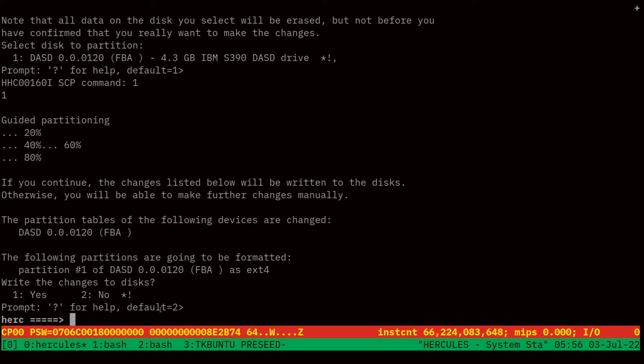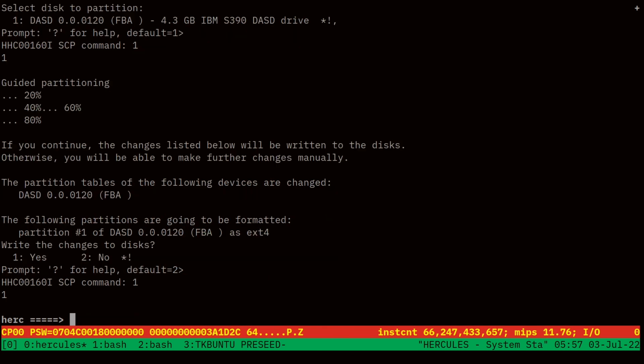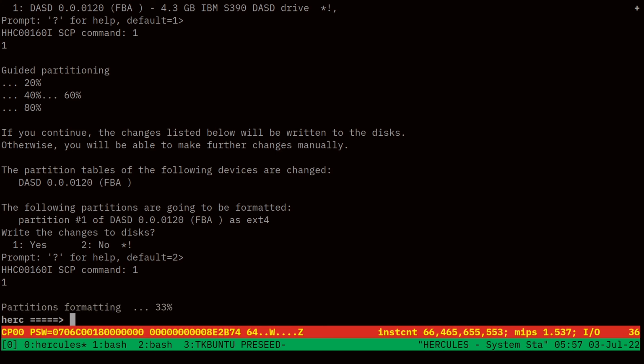Confirm. And I think I saw the lines in the TK Ubuntu preseed for that. Okay. Write the changes to disk. Yes. So that'll be .1. Okay, now it's formatting. Yep, the IO count's going up there. Yep. Not much. But these are start. Oh, there you go. Now we're at, now it's...